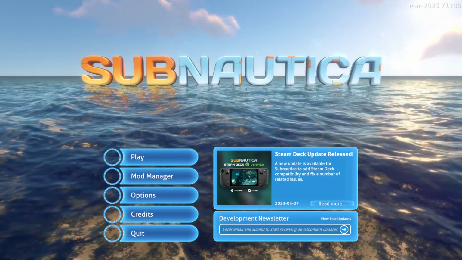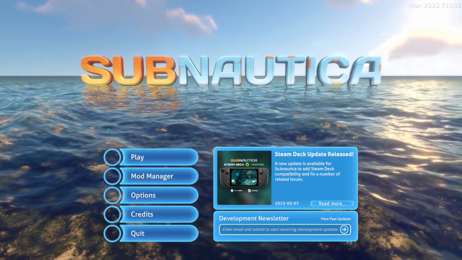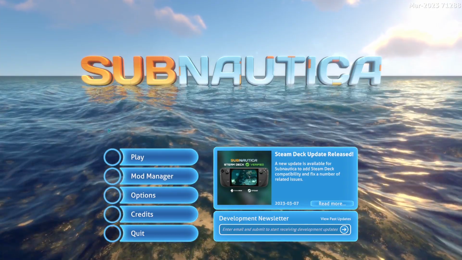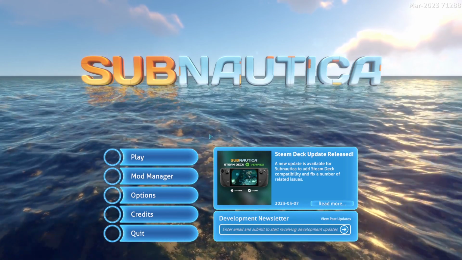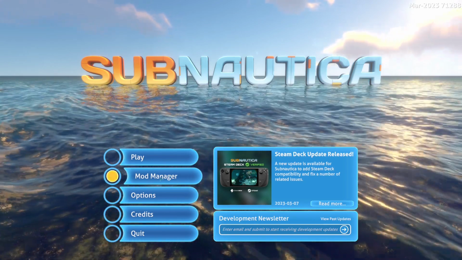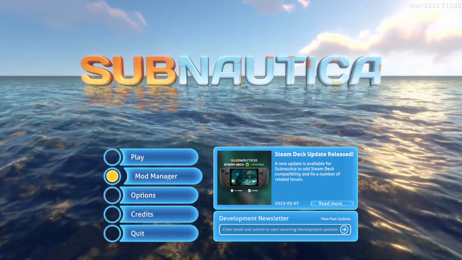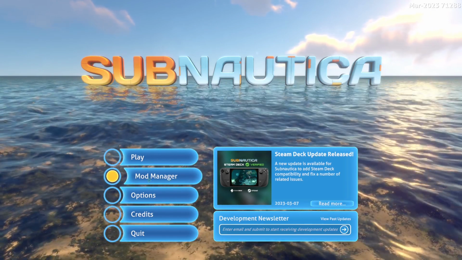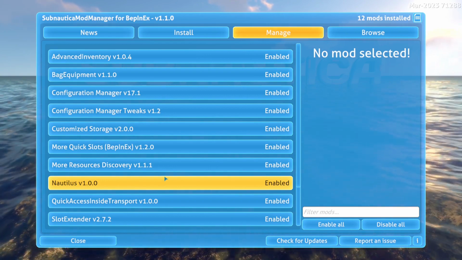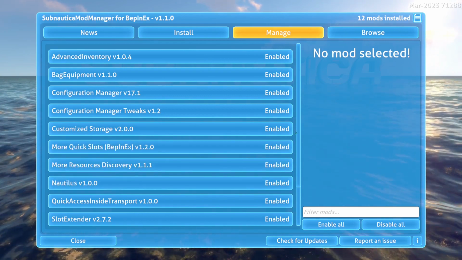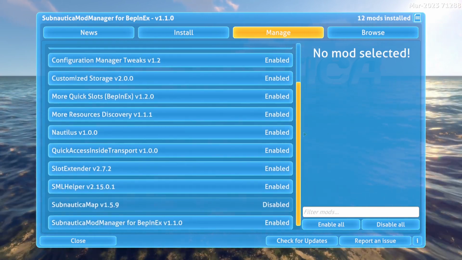And there are really only 3 mods that we need to talk about. One of the mods is actually a mod manager, and once you've installed that, you get this extra item in your list here, along with play and options, etc. You get the mod manager one, and when you go into that panel, it brings up this list where you can individually enable and disable them, which brings us to the second mod that I'd like to talk about,